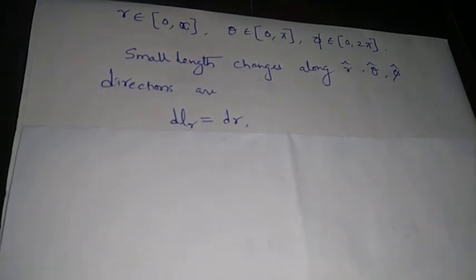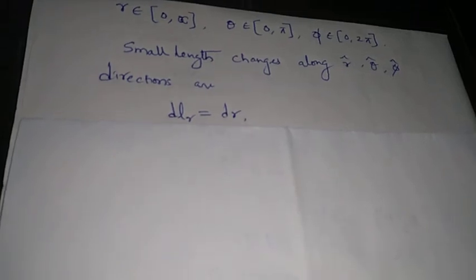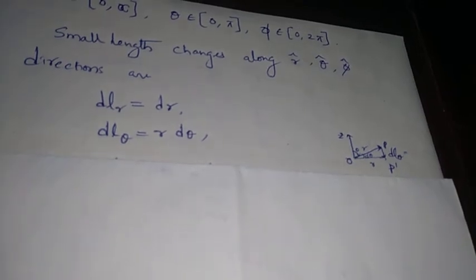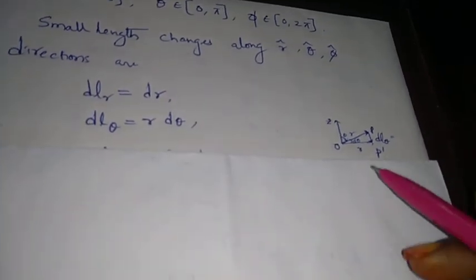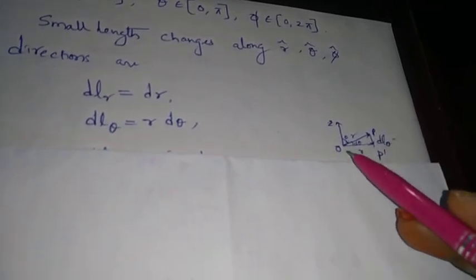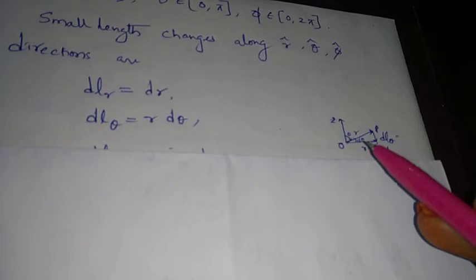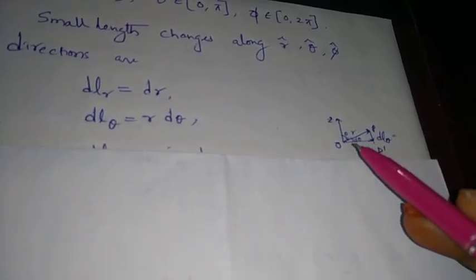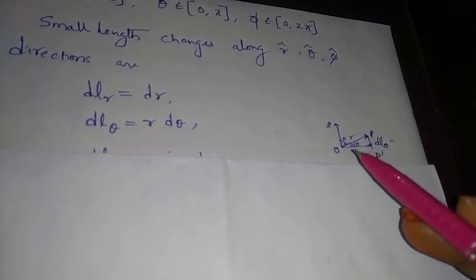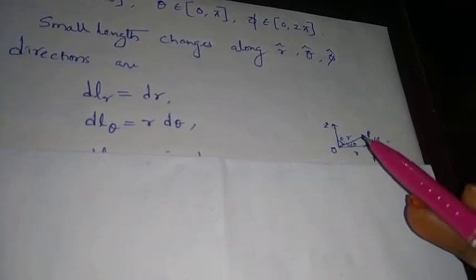A small length change along the direction r can be written as dl sub r is equal to dr, and small length change dl sub theta along theta direction can be written as r d theta. That's because dl sub theta can be taken as PP prime here, and in this triangle OP and P prime, we had this r as OP or OP prime, and this d theta is actually the angle between OP and OP prime. And in this, if you consider sine of d theta, which is equal to your opposite